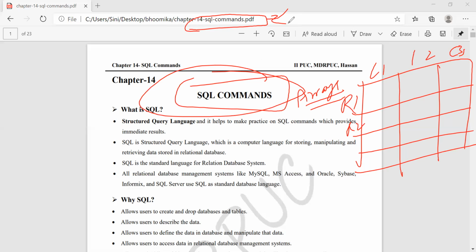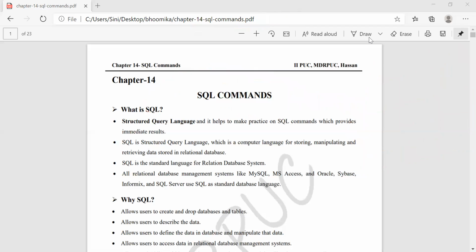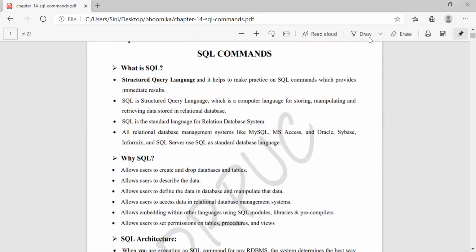It is stored in my laptop. To retrieve from the memory location, the computer has to analyze and retrieve the data. For that we use SQL commands. That's the basic thing with SQL.